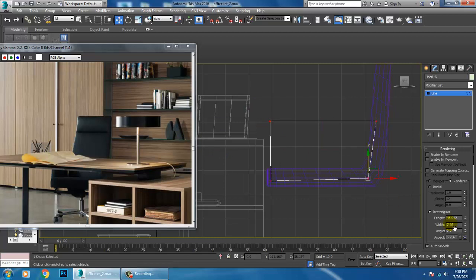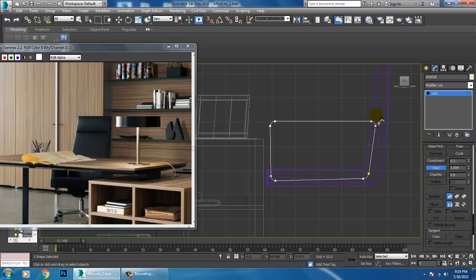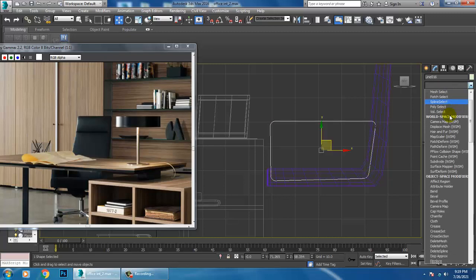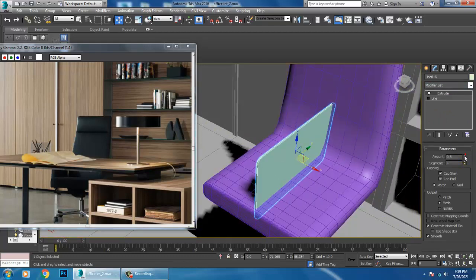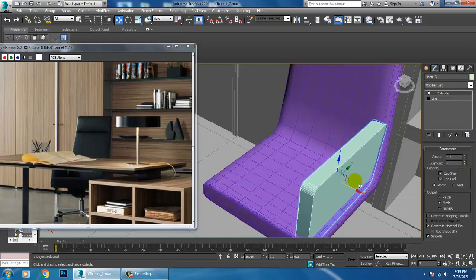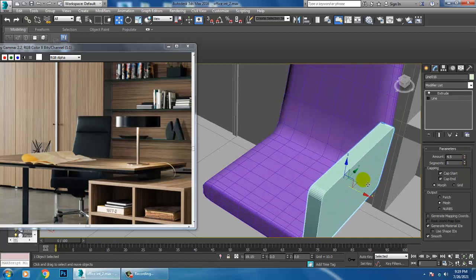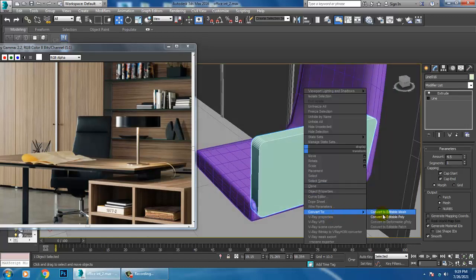Select the vertices and I'll slightly use a bit of fillet over here, and again I'll give an extrude modifier. We can slightly shuffle it in this way. Convert to editable poly.